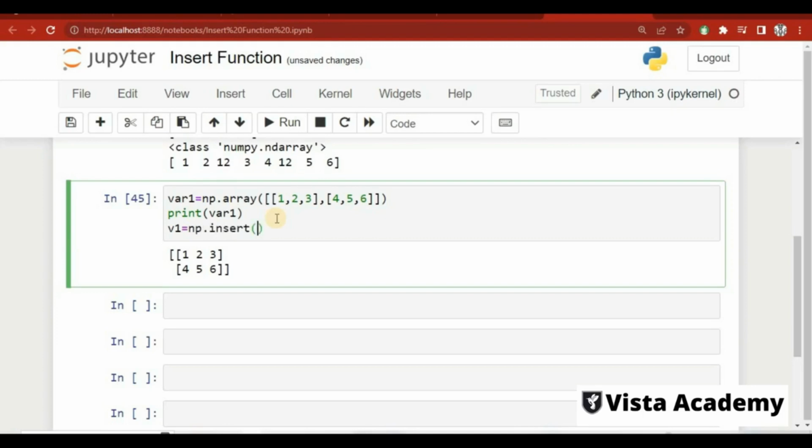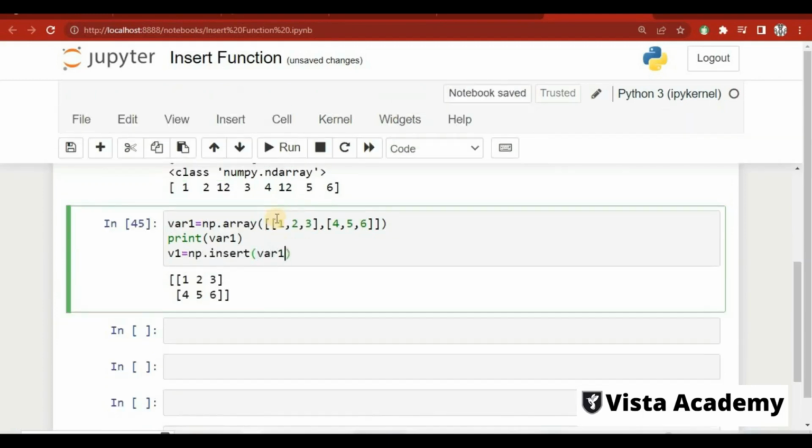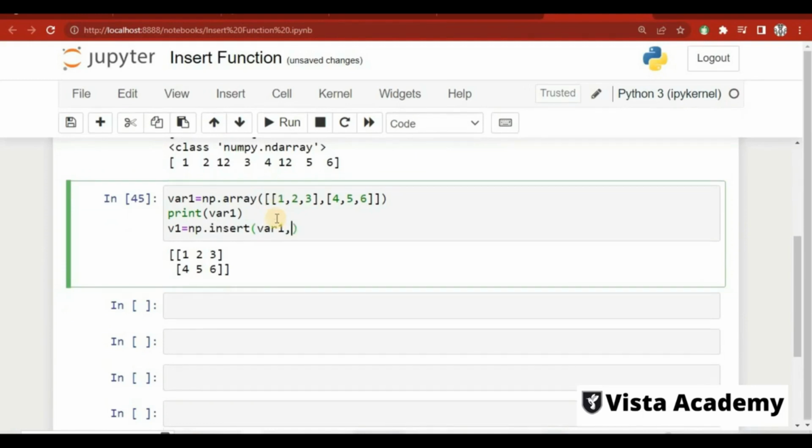will open the bracket and give the name of the variable, which is var1, where we want to insert. Next we have to give the position, like if we want to insert at the second position, then the element, and the thing which we have to give here is axis. Like if I give axis equal to 0 and then I will print it,